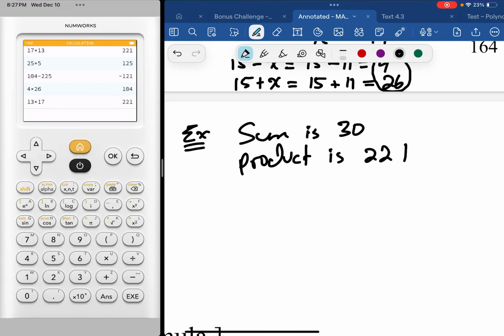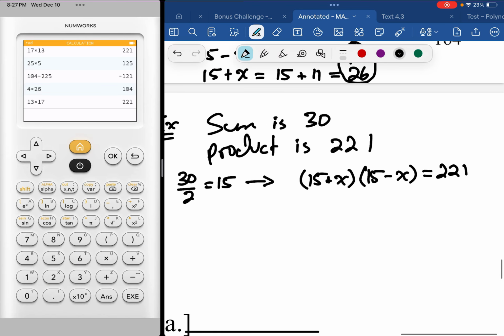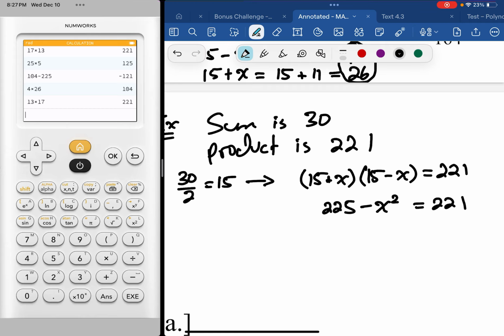All right, so I take that 30 divided by 2. That gets me a 15. So 15 plus x, 15 minus x is going to be equal to 221. We distribute this out, just like we did before. It's going to give the same result. 225 minus x squared is equal to 221. Then I would subtract off the 225,